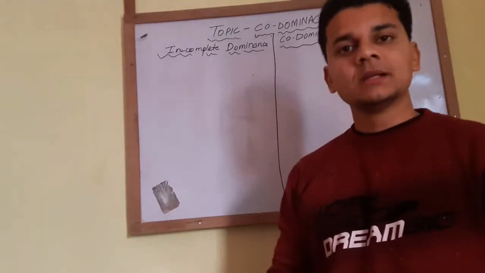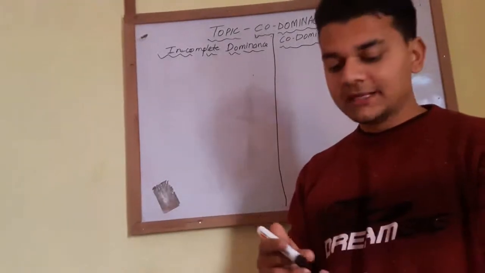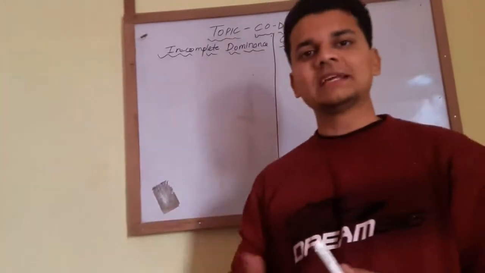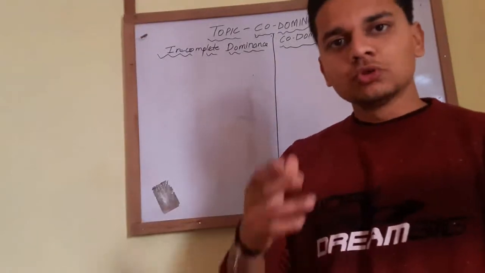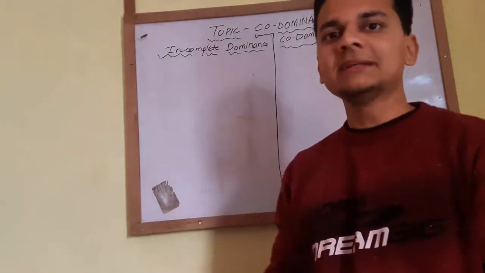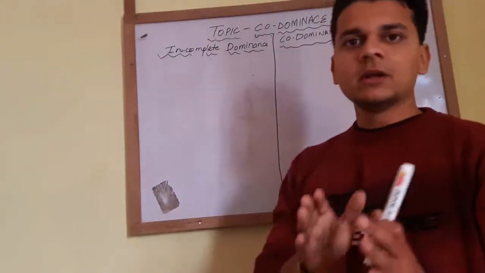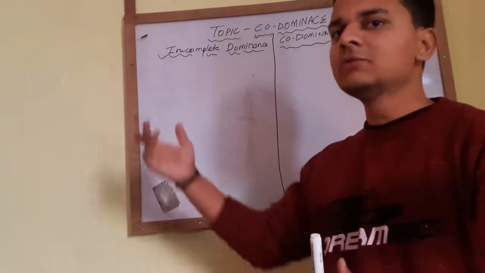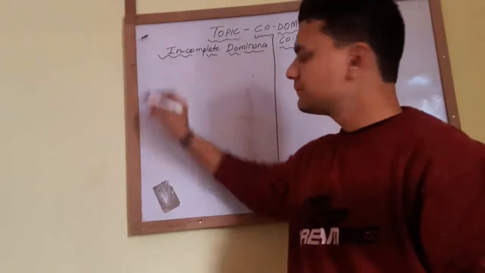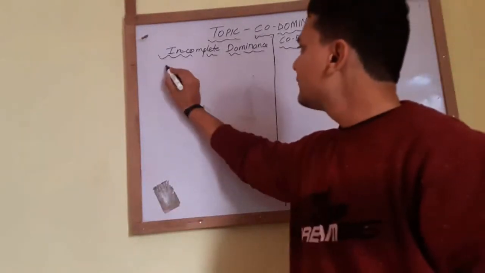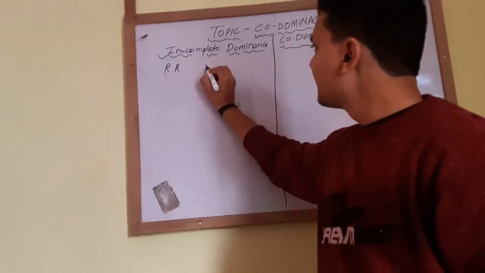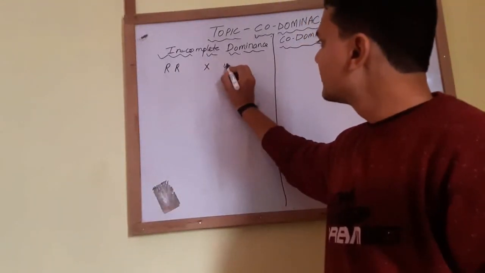Of a flower. In my previous video of incomplete dominance, I have given an example of a flower called snapdragon or Mirabilis jalapa, that is called four o'clock plants. So let's take a certain example from those flowers, right? Say Mirabilis jalapa, but we will not consider any name because we have to distinguish between the both, right? So let the flower that we are crossing with be of pure red color, male, crossed with pure white color,